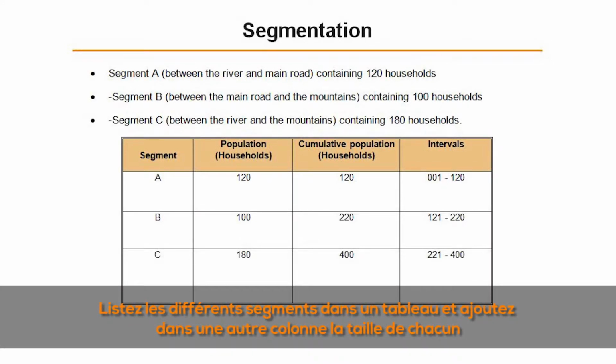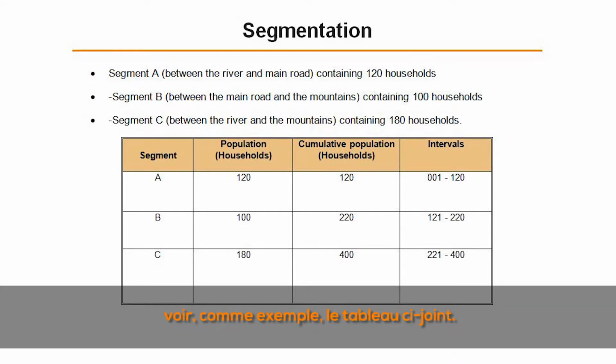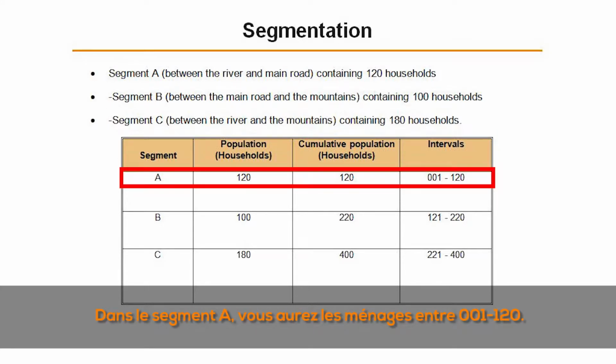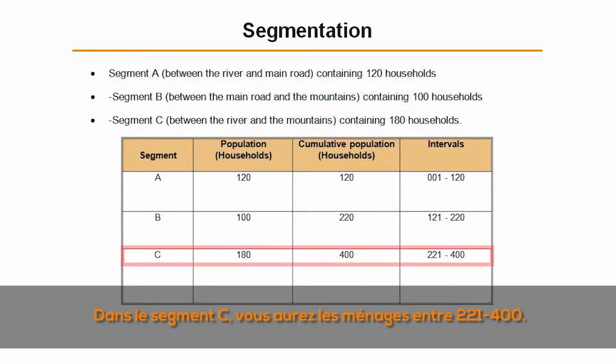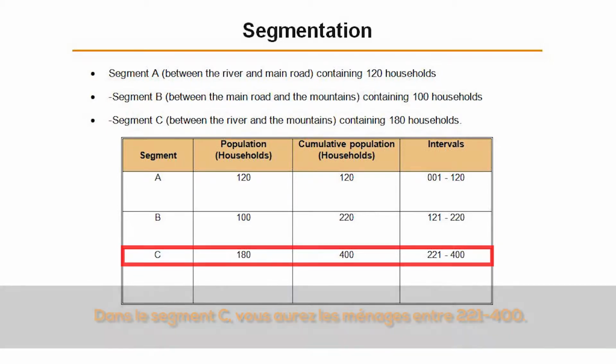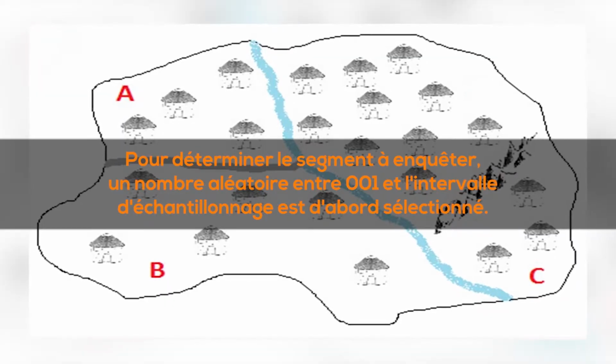Place the segments into a table with the size of each in a separate column. See attached table as an example. In segment A, you will have households fall between 1 to 120. In segment B, households will fall between 121 to 220. In segment C, you will have households fall between 221 to 400. To determine the segment to be